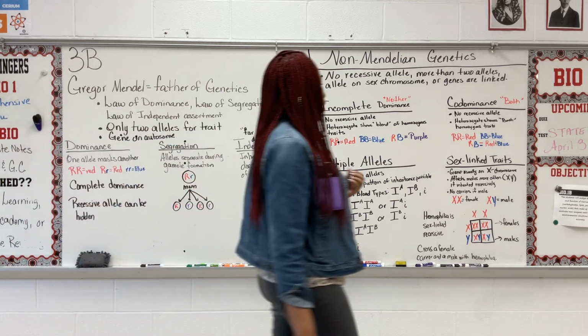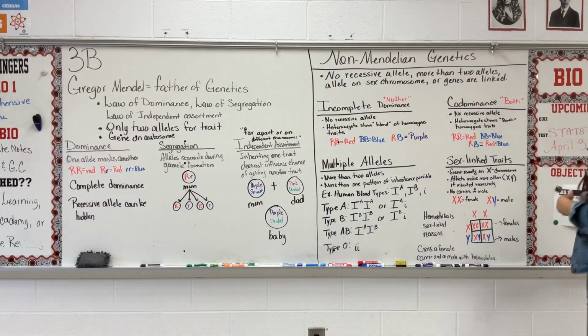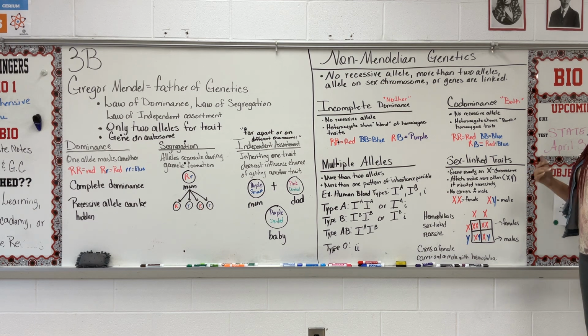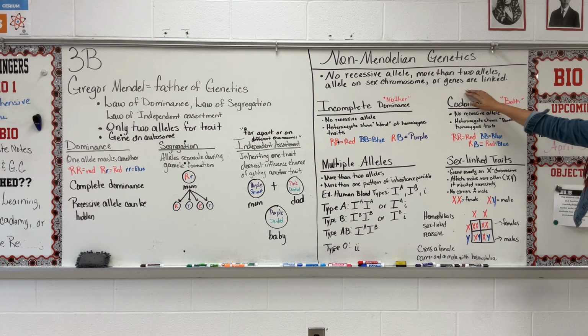Now, when we look at non-Mendelian genetics, this is a type of genetics that does not hold to Mendel's laws, okay? So with non-Mendelian genetics, there is either not going to be a recessive allele, there's going to be more than two copies of the allele, it is going to be located on a sex chromosome, and usually we look at the ones on the X chromosome because there's more genes on the X chromosome, or the genes are linked to